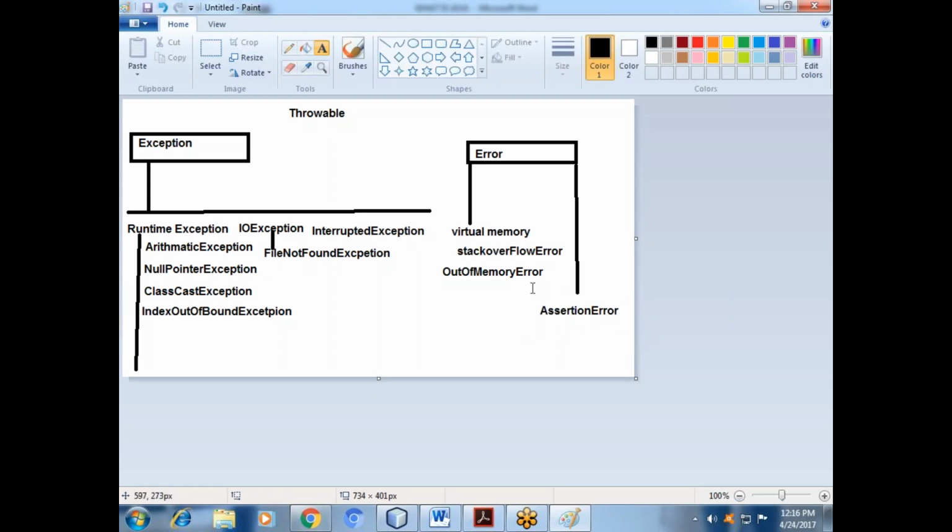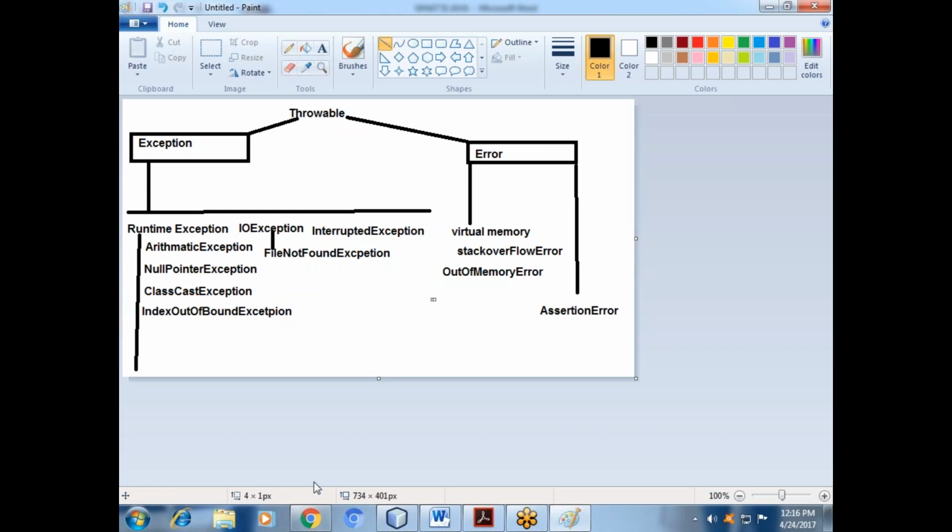So this kind of error, if you follow the API, you will get more information. This is the primary layout for understanding. If you look like that, you will get more.